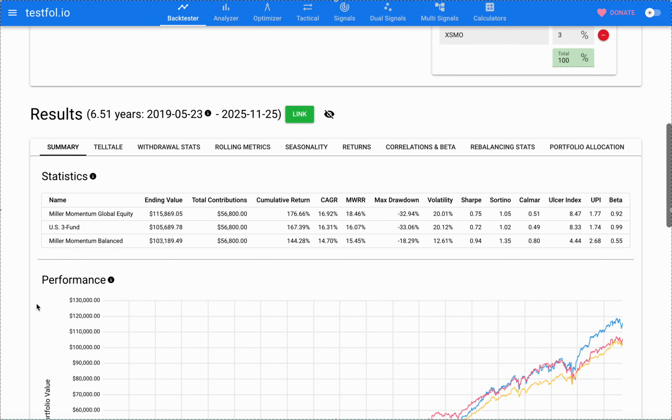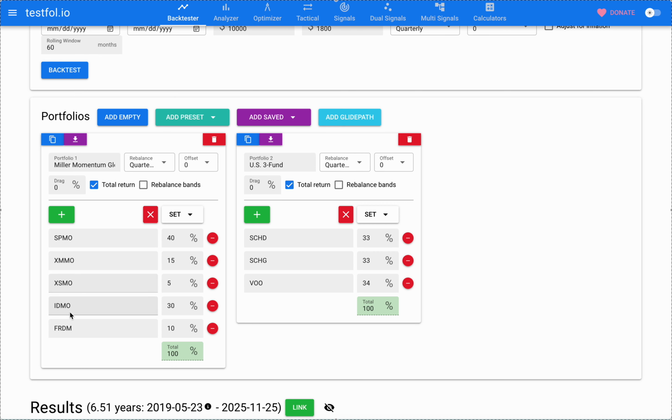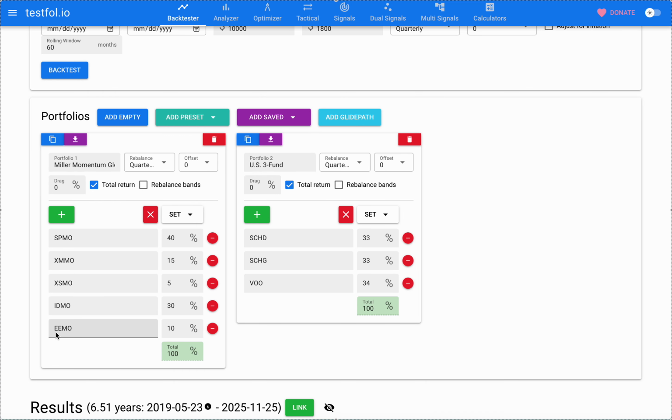Now, I want to show you something else cool. So, if we substitute the Freedom Index here for Invesco's S&P Emerging Markets Momentum ETF, and I've talked about why momentum doesn't really work in its typical form with emerging market indices, because you have to exclude the autocratic regimes. You have to only focus on the free markets for it to really work. But anyway, I'm going to pick it because it's not great.